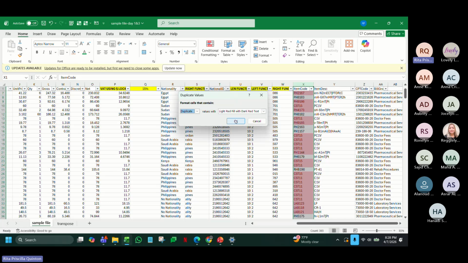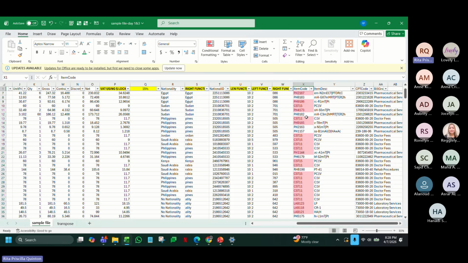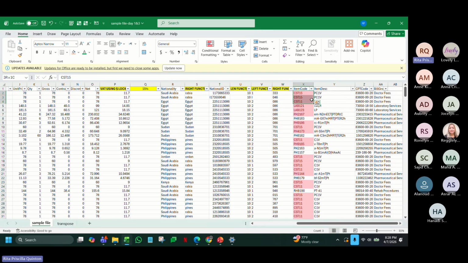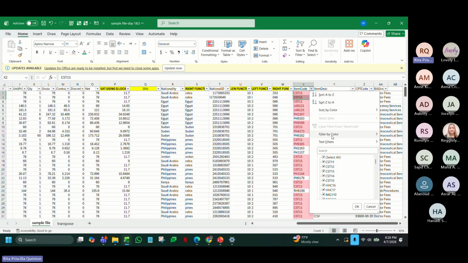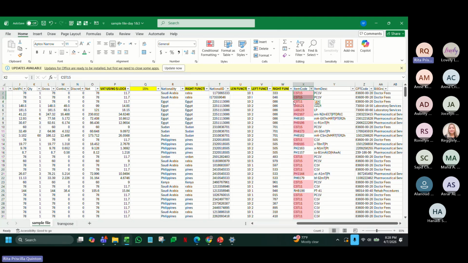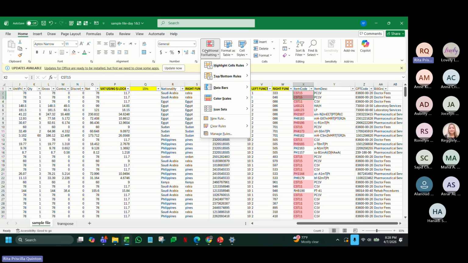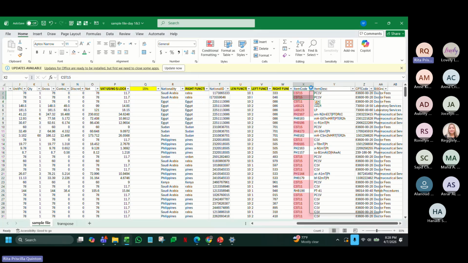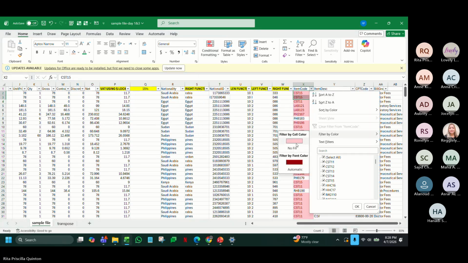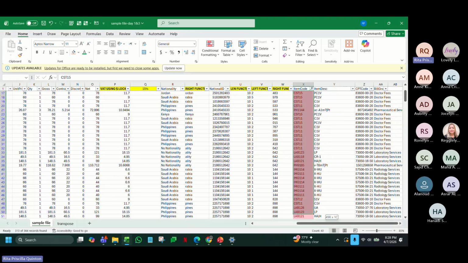For example, you want only duplicates, to see the duplicates. And if you want to remove all the duplicates, after highlighting them in the conditional formatting, filter by color, filter those only with red. So you will see all the duplicates.